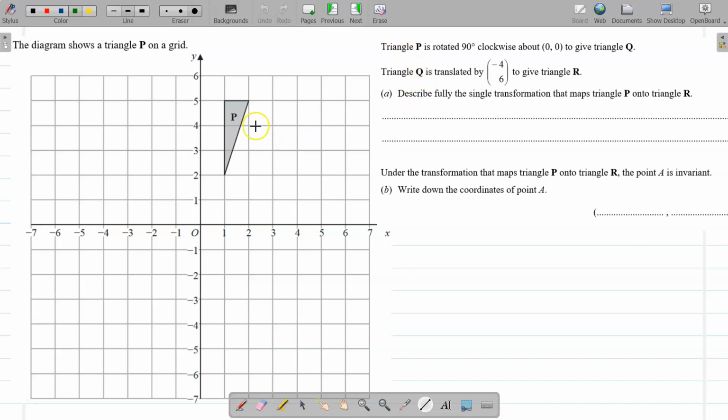Okay, we've got this triangle P, it's rotated 90 degrees clockwise about the origin. So it would end up here, okay, and if you can't see that, there's two ways that you can achieve this. You could ask for a piece of tracing paper, okay, or you could look at this little example or demonstration